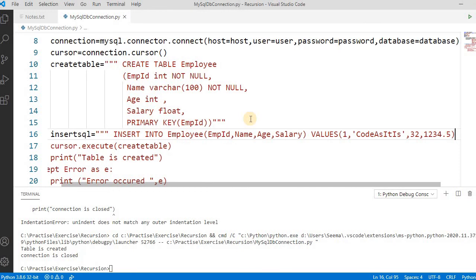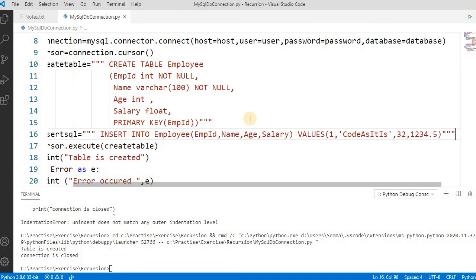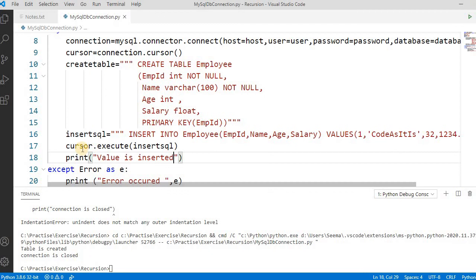Simple. So this is simple. Let's first try to pass this. So we have passed this insert SQL. Simple. And the value is inserted. First see, if you run this, it will not insert the value. Why? Because we have not committed on the connection.